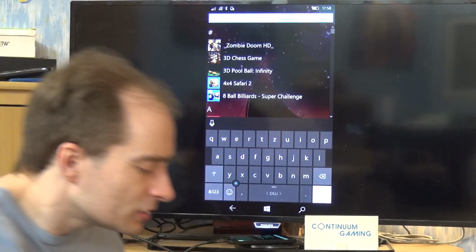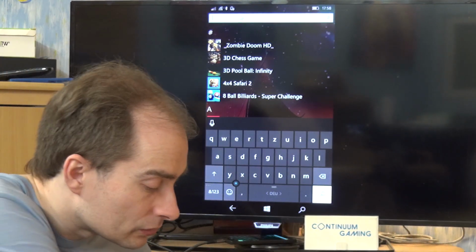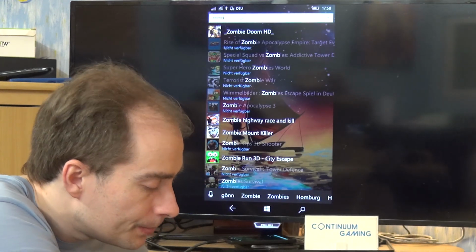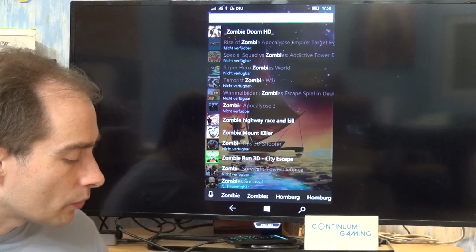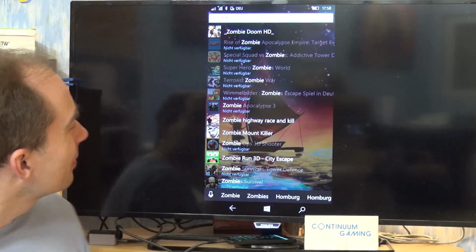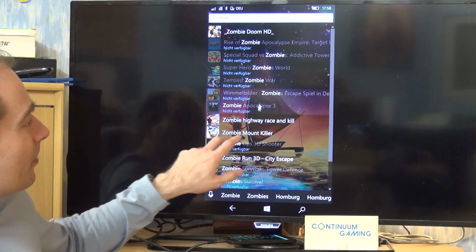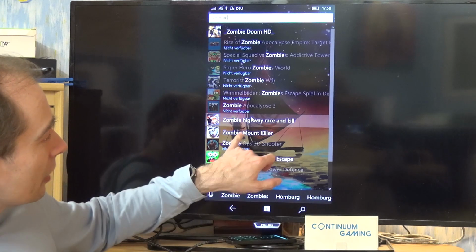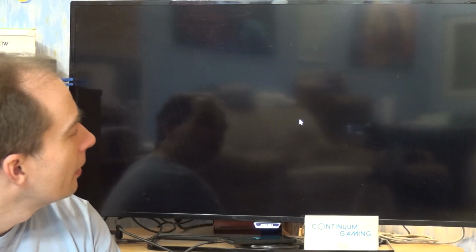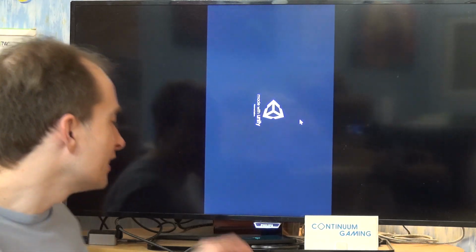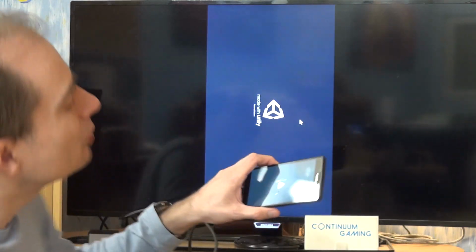I'm just going to put it in here. So, Zombie B, if I'm going to write it right. As you can see, there are a lot of them, but this one is the one we are going to play here, Zombie Highway, Waste and Kill. If I click on that and go in, you will see that this game is one of the games you